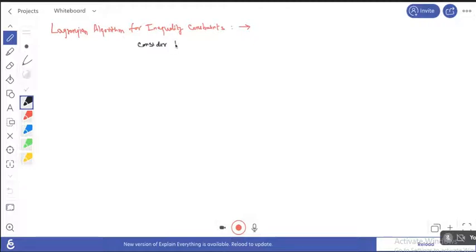So if we consider the following optimization problem with inequality constraints,